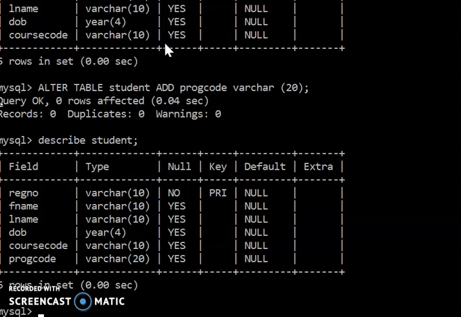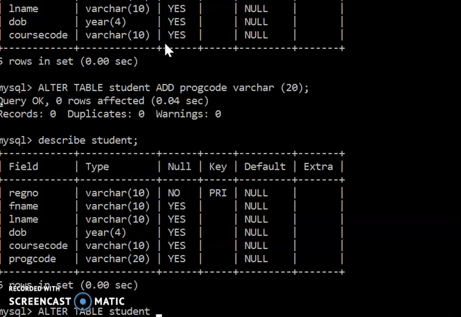So we are going to do an alter table such that we can change the data type. So we are going to alter table